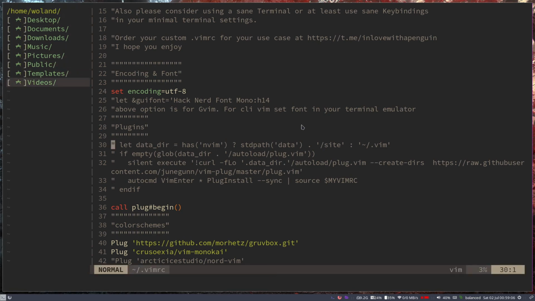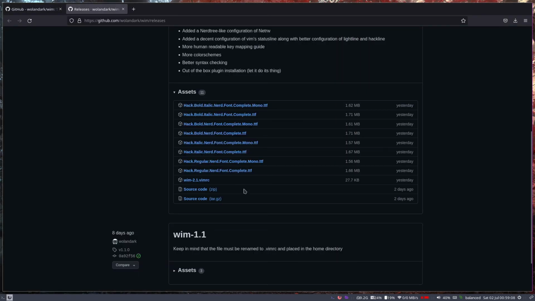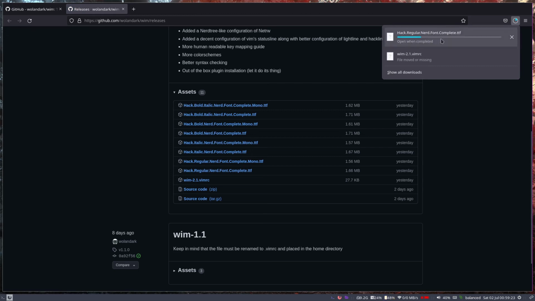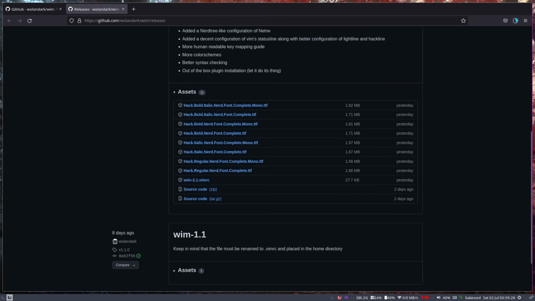So in order to get the icons working, all we have to do is to come here. I've added a bunch of Hack Nerd Fonts. You can use whatever nerd font that you like. I just happen to like Hack, and I think I'm allowed to share them because I believe they're licensed under a GPL license. So please do tell me if I'm not supposed to share them in my repo. So I'm just gonna get the regular Nerd Font Complete TTF,